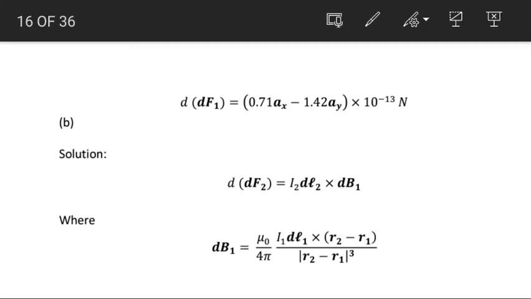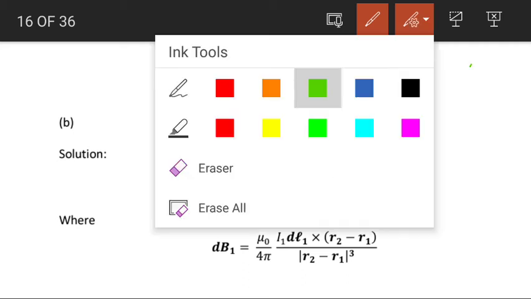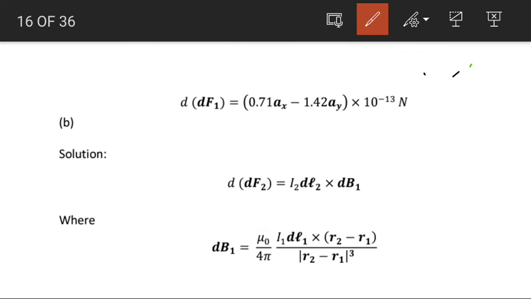We put the values in the equation, and the differential force which is experienced by the first differential current element is given by this particular equation, which is 0.7 Ax minus 1.42 Ay into 10 raised to power minus 13 Newton. Now we calculate